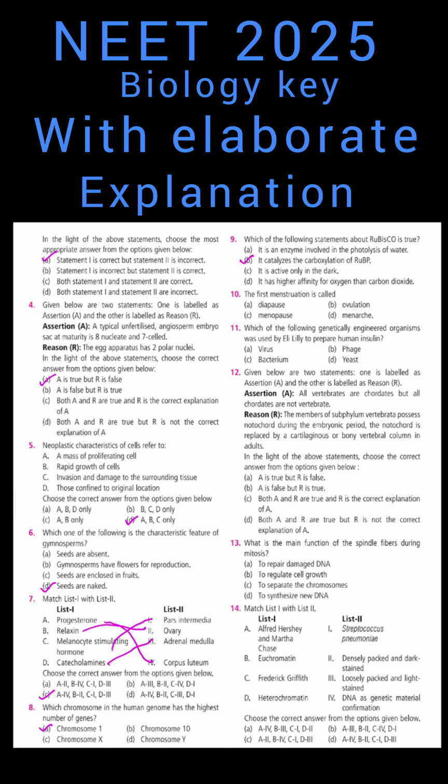Rubisco has a high affinity for CO2 when the ratio of CO2 to O2 is nearly equal. At mild temperature, Rubisco has high affinity for CO2, about 80 times higher than its affinity towards oxygen. In addition, Rubisco has a higher affinity for O2 when the temperature increases.